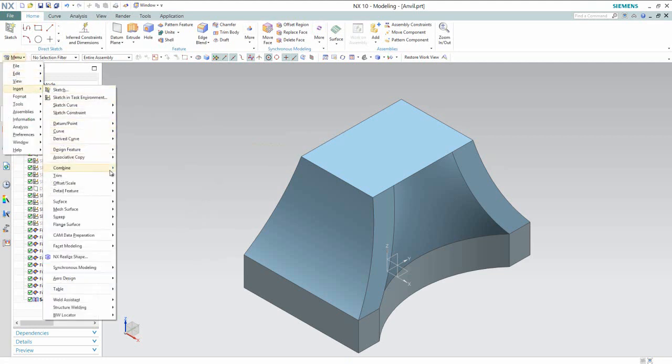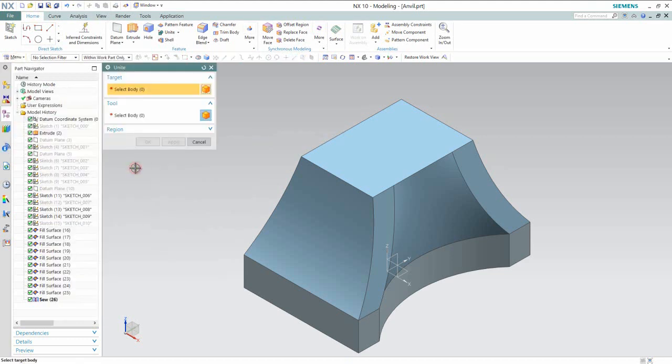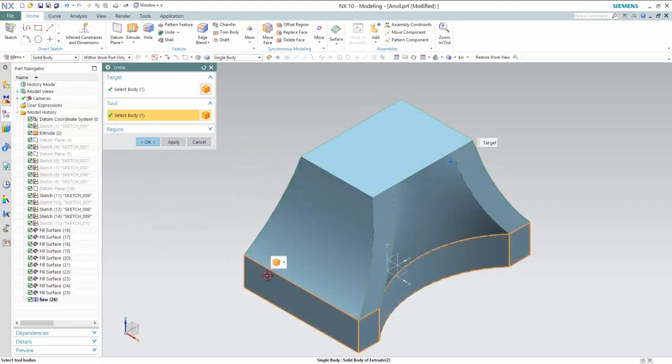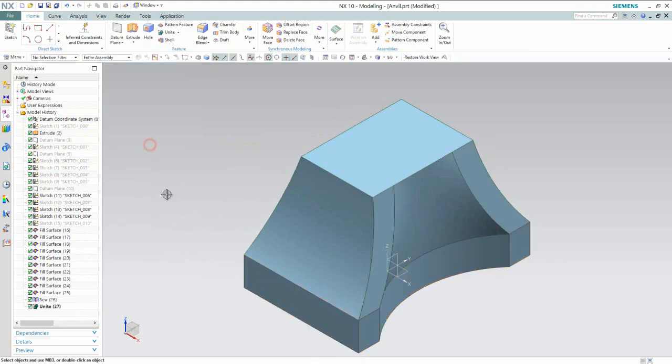Now activate the unite command. Select this solid body and the previous body. OK. Now my two solid bodies are converted into a single solid body by using the unite command.